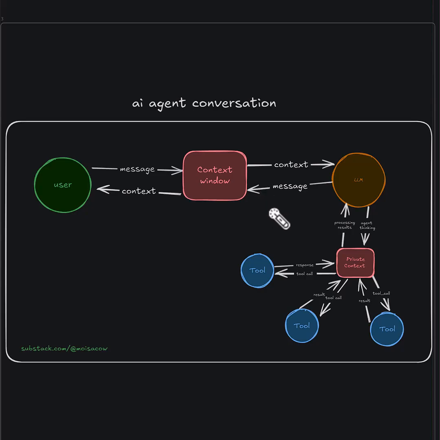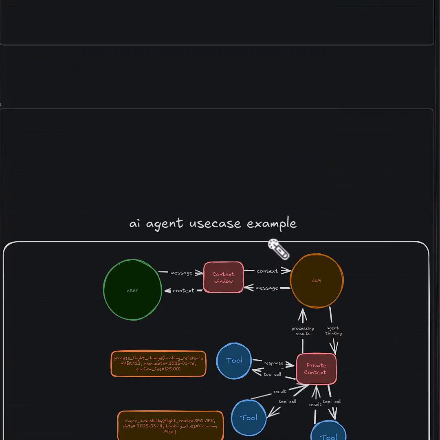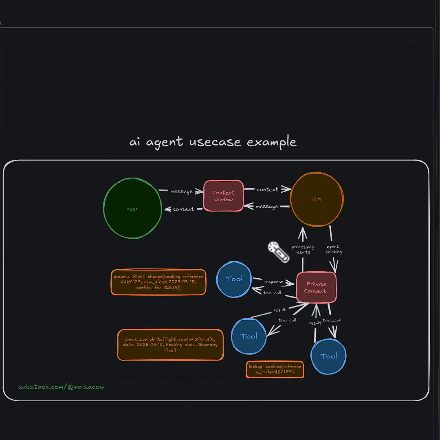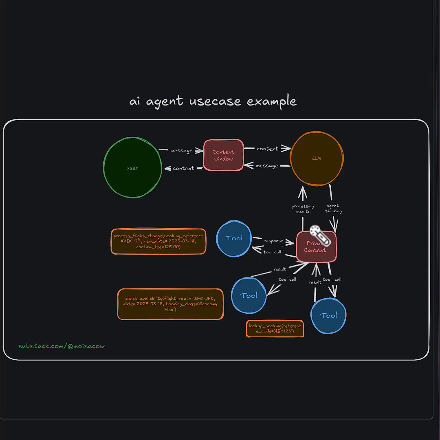I will provide the last example of a useful use case of AI agents. So we can take an example. For example, you have booked a flight, and you want to change it from one flight to another. Usually, if you want to do this, you either go to the website of the airline, and hopefully if they have a system that handles that, you can do it there. If not, you will call customer support to do that. So an agent could work amazingly in this kind of case, because it can do many of the things that a normal human or customer success person can do.